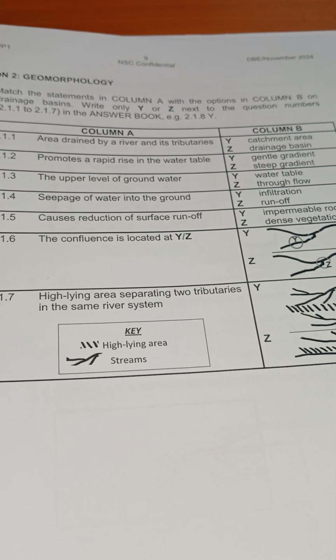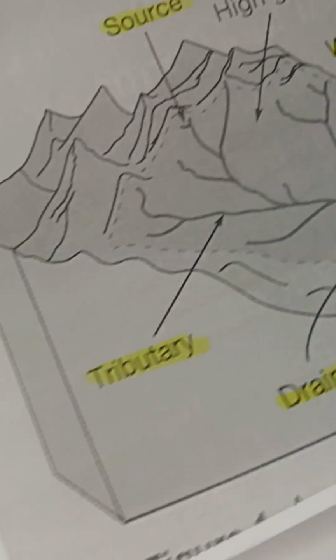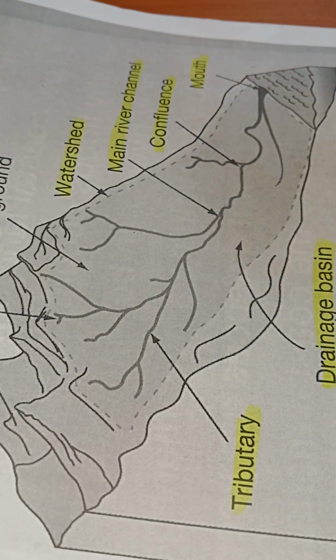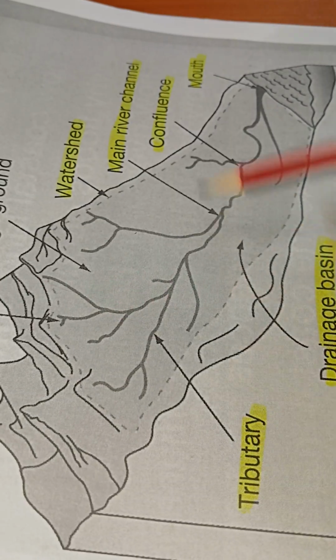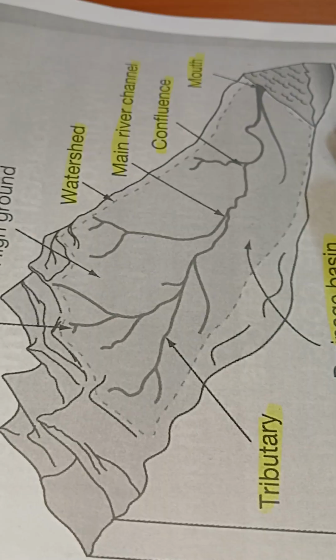So when it comes to drainage basins in South Africa, the most important thing that you have to remember is you can have a question that asks you to define. You can have a question that asks you to identify the different landforms. Of course, you can see there's a tributary. Let's say you have a diagram like this, you can be asked to identify